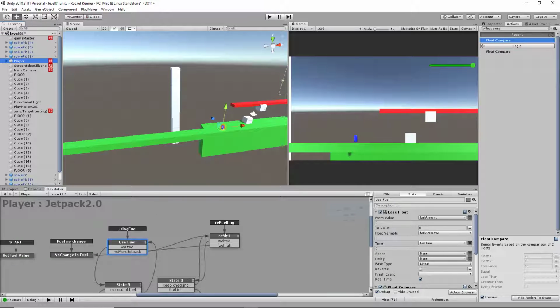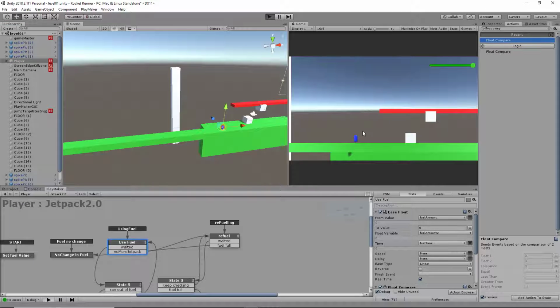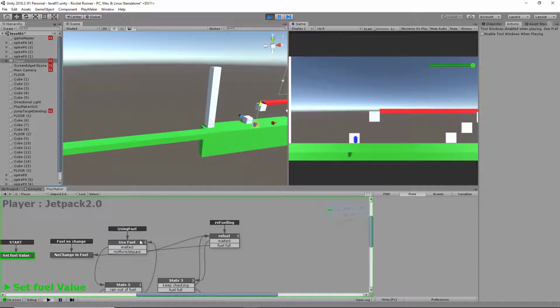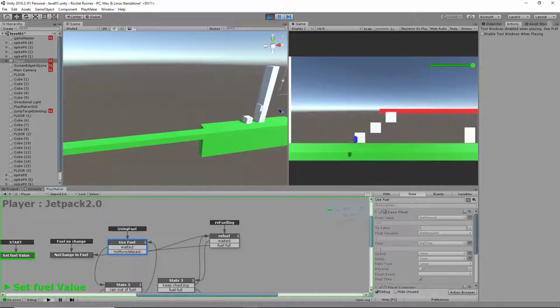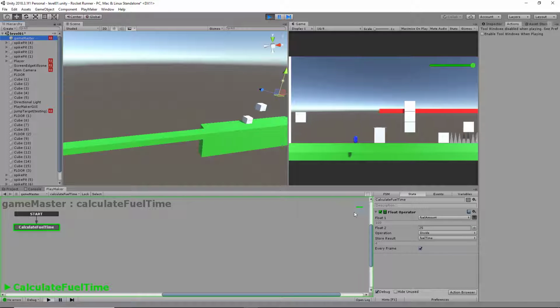And the idea here is that we reduce fuel amount to 0 over the course of fuel time. But it doesn't work. Not only, I mean, it does work to an extent, because it figures out, oh, this is 100, where is it? This is 100, this is 4, great, but for starters, this thing doesn't update.